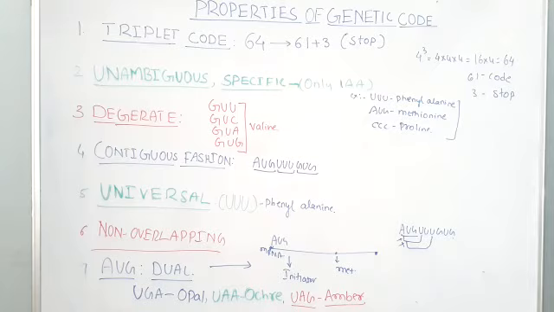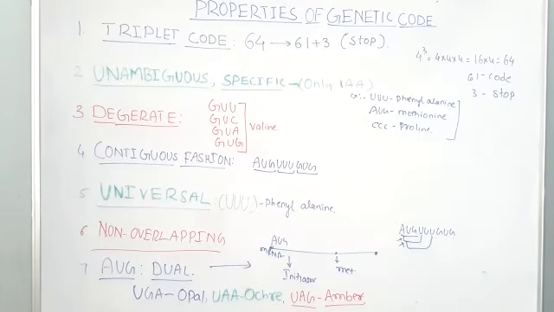The genetic code is going to read the information on the messenger RNA without any punctuation. Contiguous means continuous fashion, without any comma, full stop, or semicolon. Continuously, this genetic code is going to read the information on the messenger RNA for the translation without any punctuation. So this does not obey any punctuation. So AUG, UUU, GUG, continuously the reading sequence will be there. So this is known as contiguous fashion.